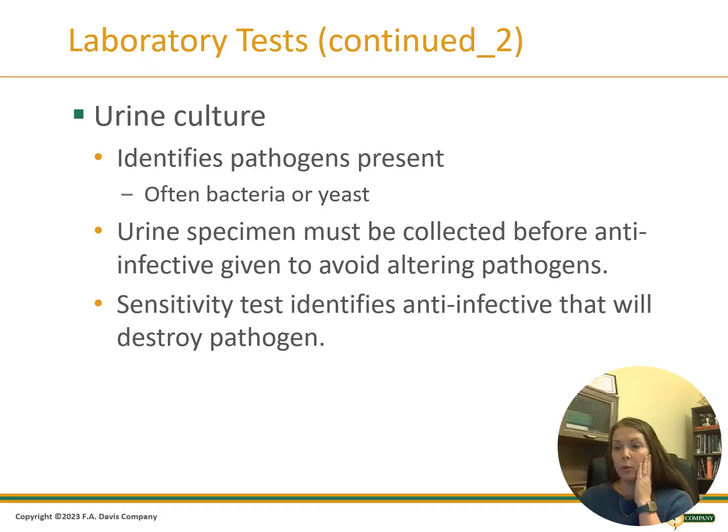With our urine culture, we are going to identify any pathogens present. So the purpose is to identify any bacteria or yeast that could be causing infection. The specimen must be collected before giving any anti-infective medication, otherwise your results can be altered. So we're going to collect that and then have sensitivity testing to determine which anti-infective, whether it's an antibiotic or an antifungal, will most effectively destroy our pathogen. So our urine culture, we have two parts. So we're going to find the bug and then what's going to be best to treat the bug. Okay,